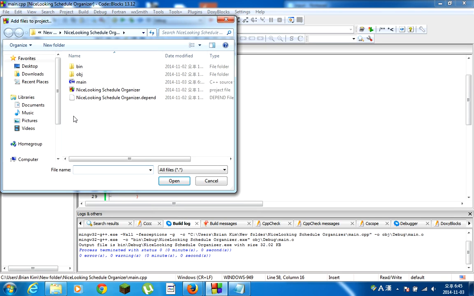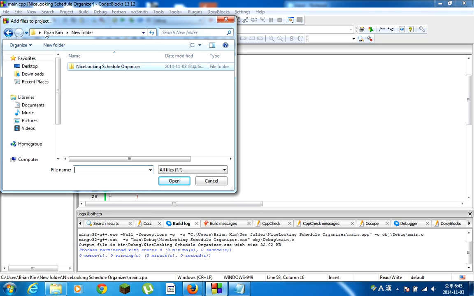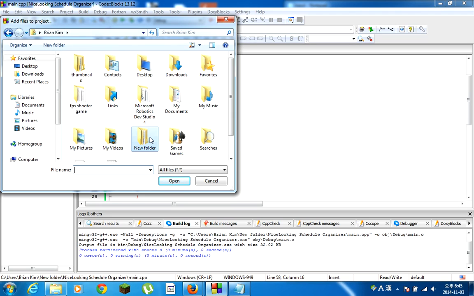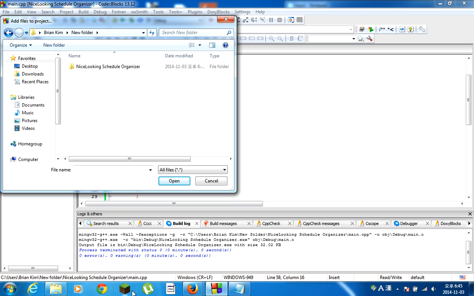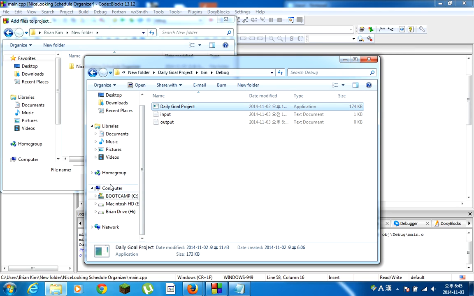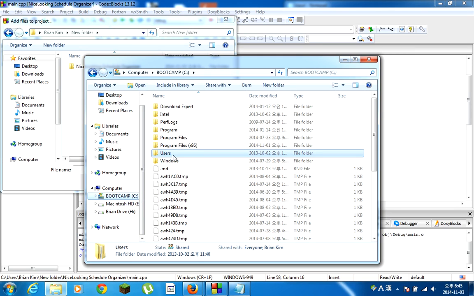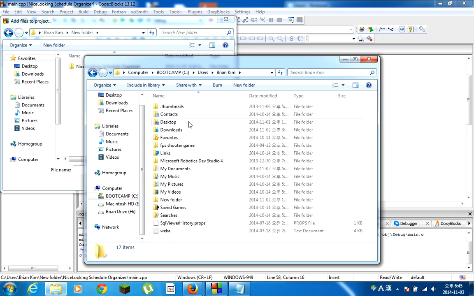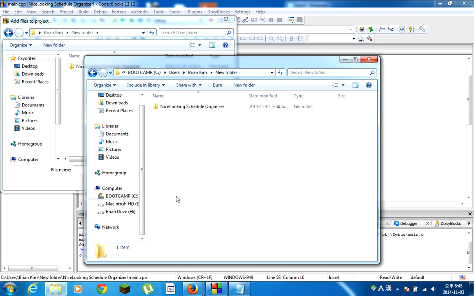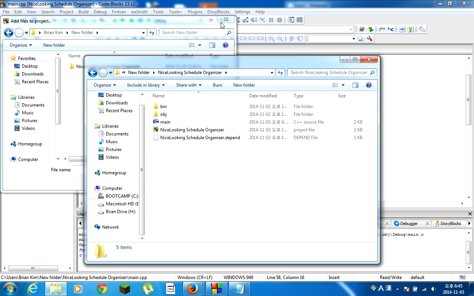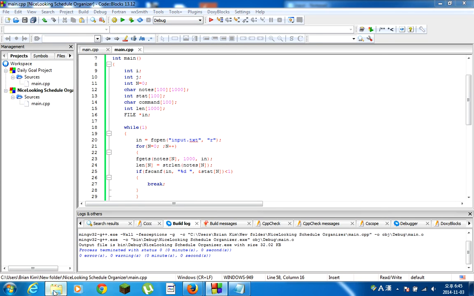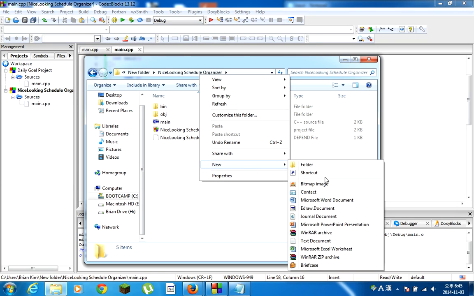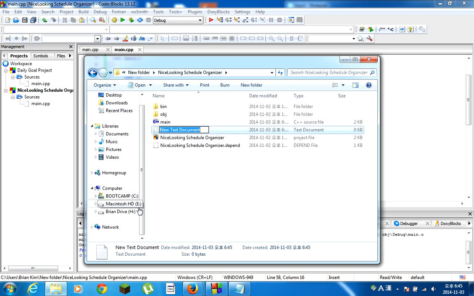And we're just going to add a nice little text file. So let's see, a nice looking schedule organizer. Brian Kim, new folder. So it's in Brian Kim's section. If we go in here, there must be a new folder. Oh, and there we are. We have something located in here. So we're going to add a new text document. Say input,